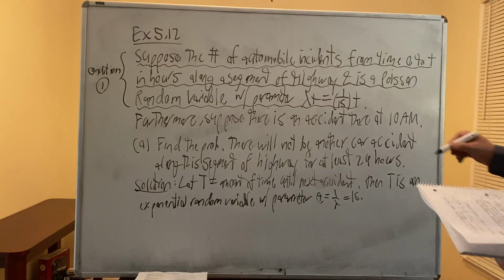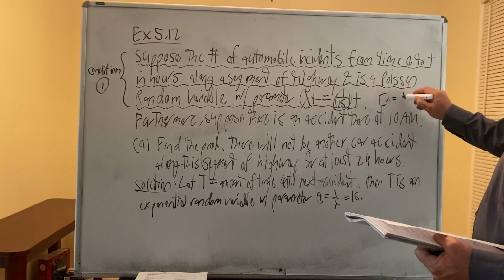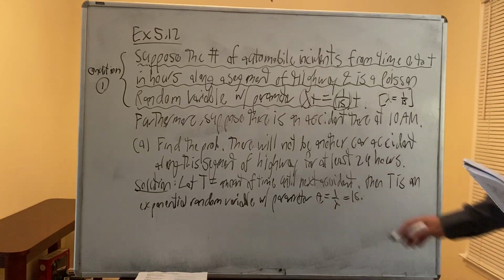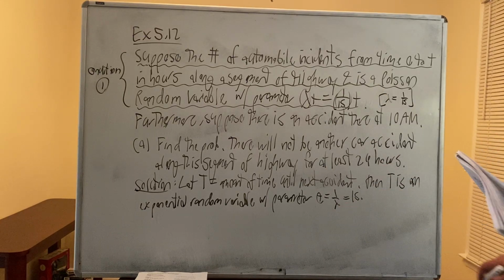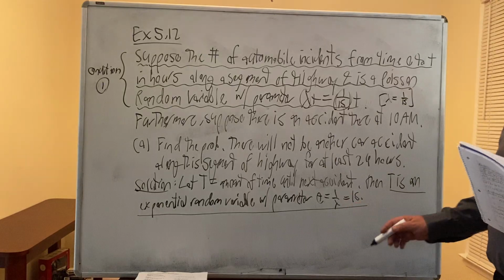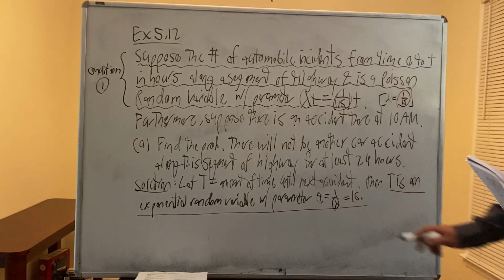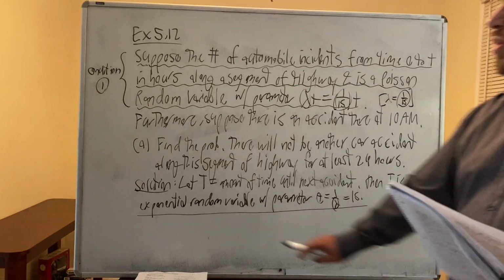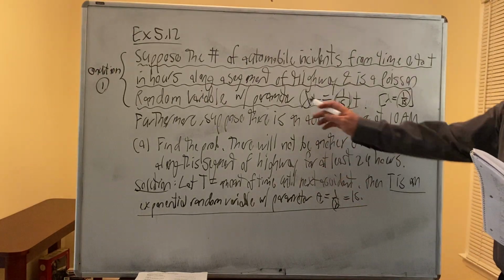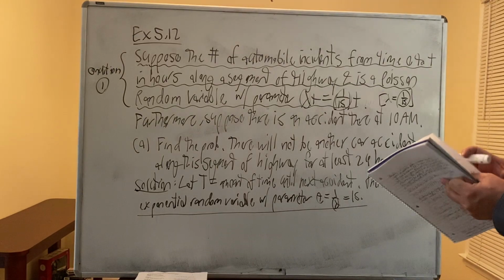Okay? And so here you see that lambda is 1 over 15. Since lambda is 1 over 15, the conclusion is that you have an exponential random variable with parameter theta equals 1 over lambda. So it's 1 over 15, and that 1 over 15 is in the denominator, and so you get 15. That's the conclusion of condition 1: you have an exponential random variable with parameter theta equals 1 over lambda, and lambda is 1 over 15, so theta is 15. Okay, so that's why that happens.